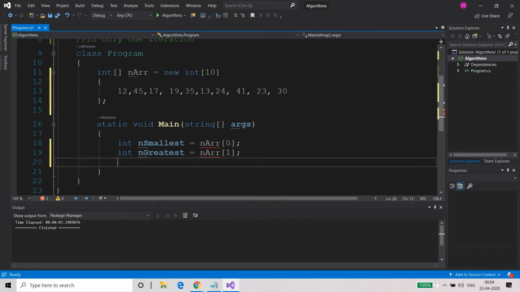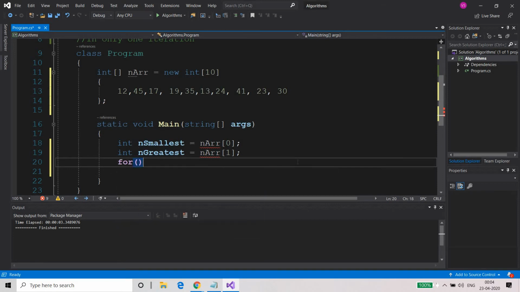In smallest I have placed this one and in greatest I have placed this one. If you want, you can put the same value in both smallest and greatest, right? But this will help you reduce the number of elements you need to iterate through in the only iteration that I'm going to do.